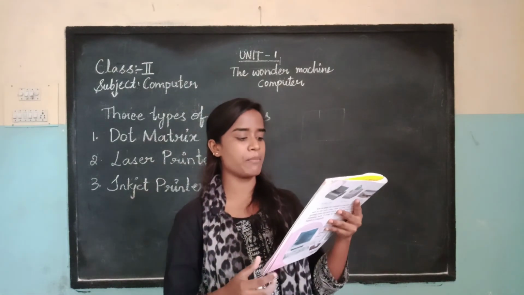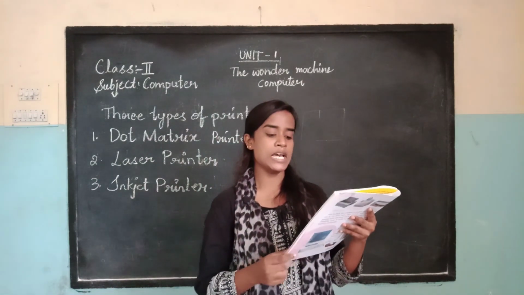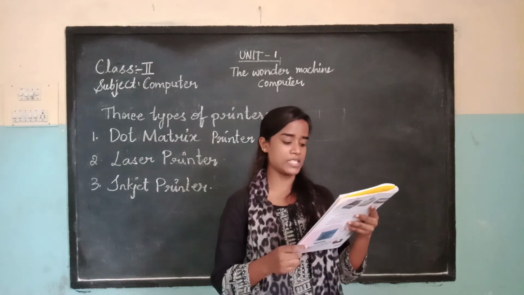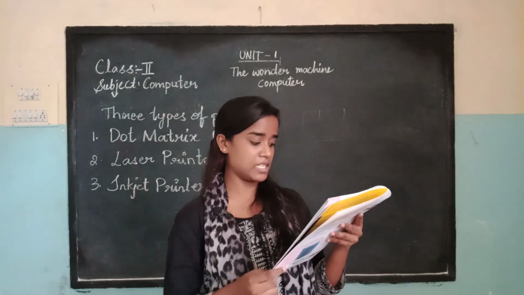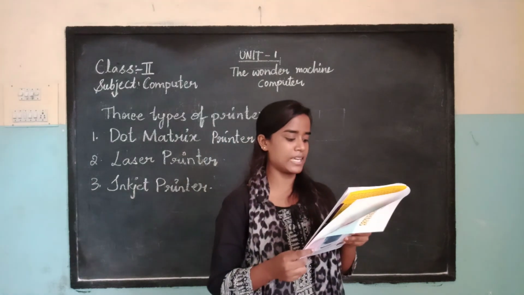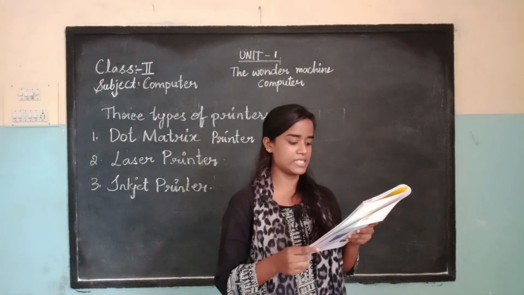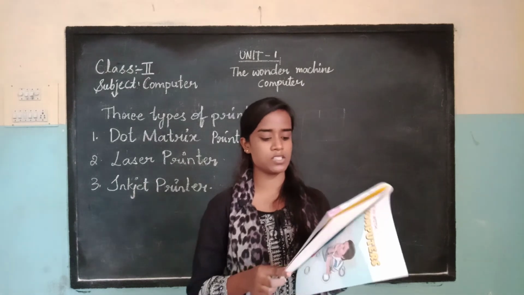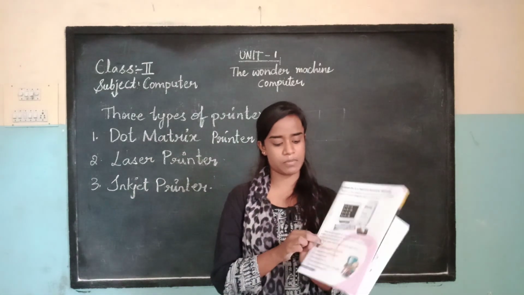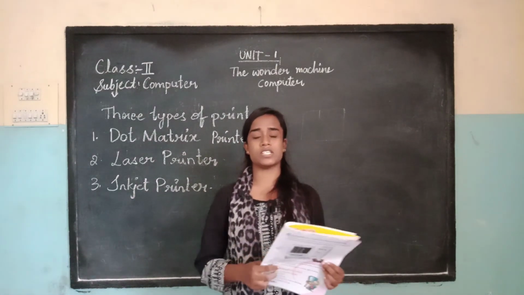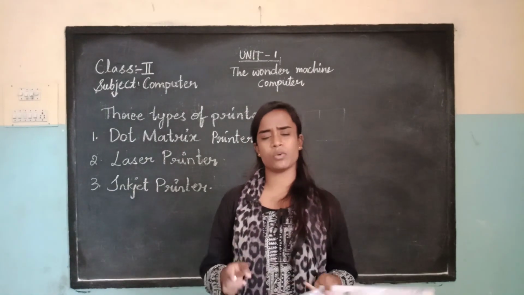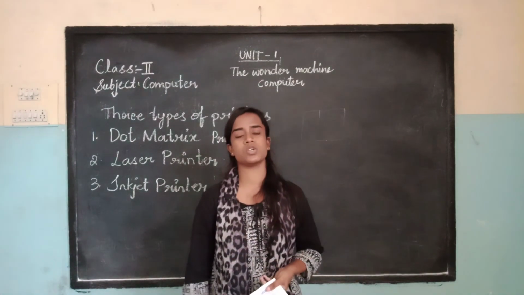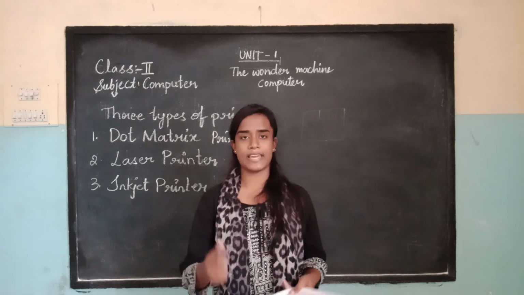So when we say computer is a very fast machine, it means that it works much faster than we do. If we can solve sums in minutes, it can do the same in seconds. Accurate means it always gives us the right answer. Computer can't give a wrong answer. So however tough the sum is, it can solve it in seconds.